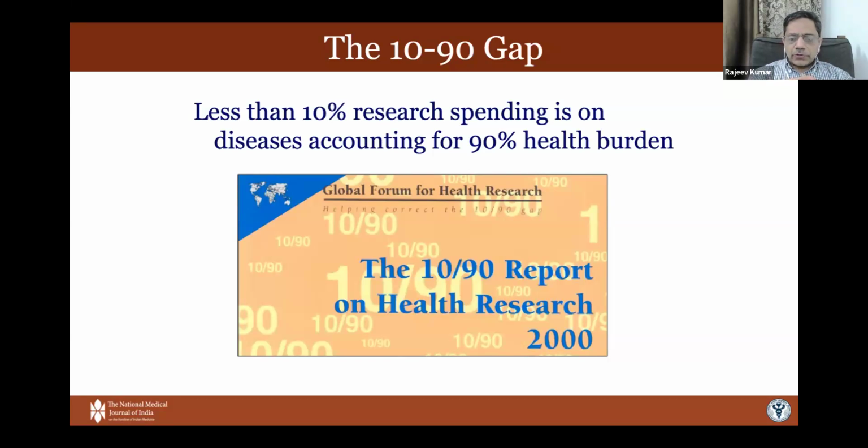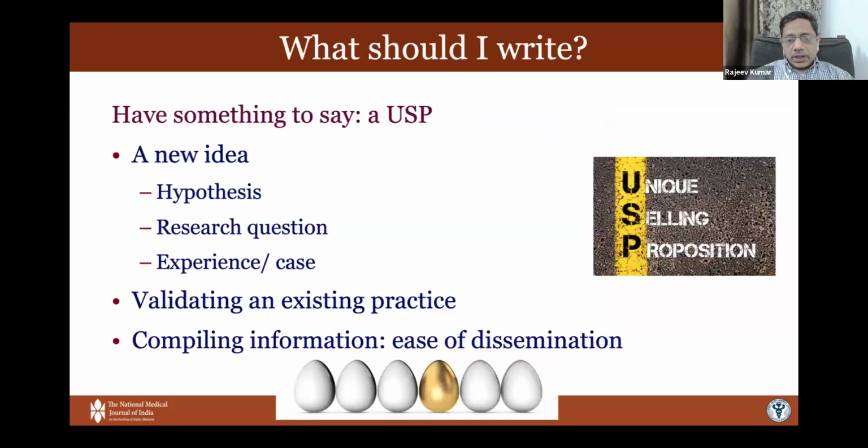And unless we are able to do our own research and publish our own work, there is no way we're going to be able to convince them of the difficulties we face or document the path to success among the patients or the families that we deal with. So then once you've decided that you do really need or you do wish to write, the most important question is there's nothing left for me to write. What should I write?